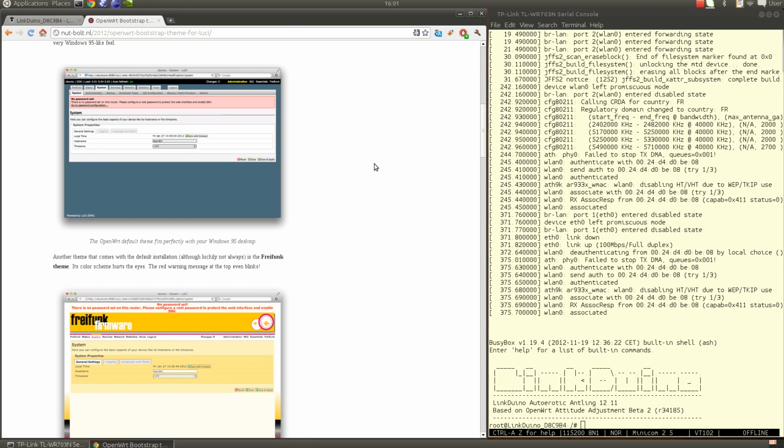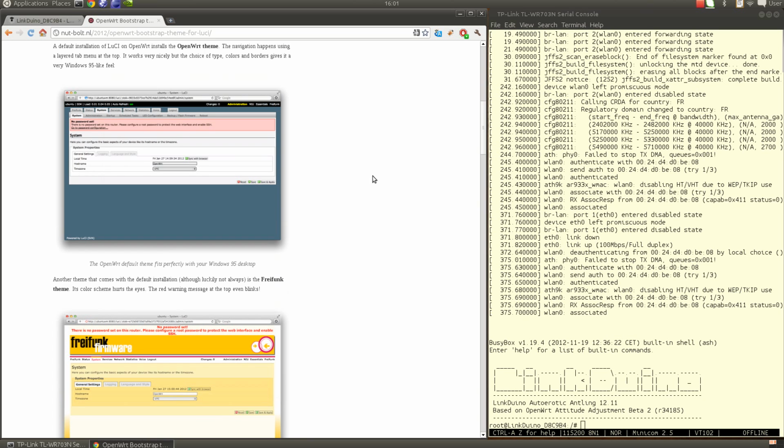Hi everybody, this video is a walk through the different menus of the LinkDuino OpenWrt based web admin interface. It provides a good way to see what's available in there without actually installing the firmware. So first I need to say that the LinkDuino is based on the OpenWrt firmware, and this firmware comes with